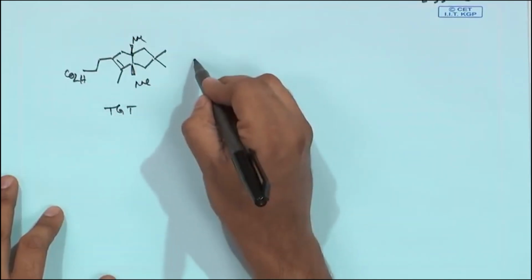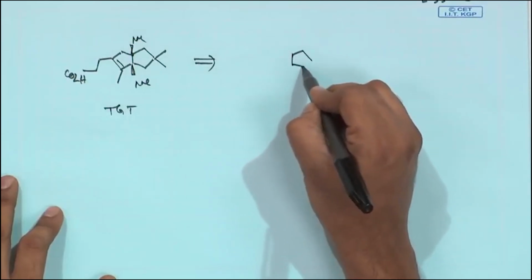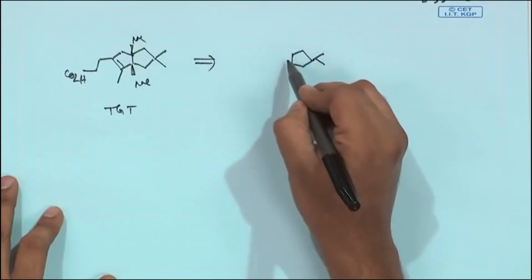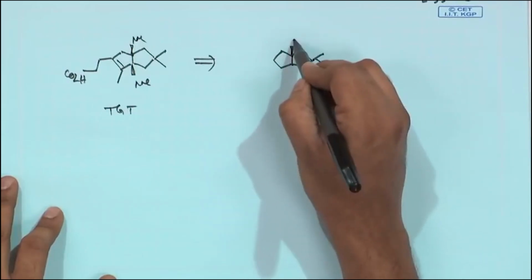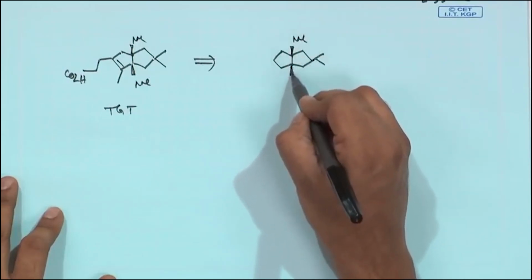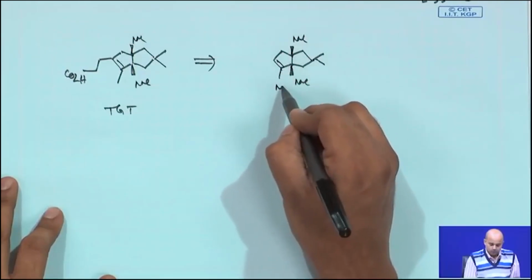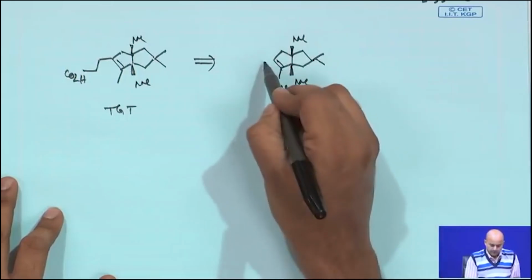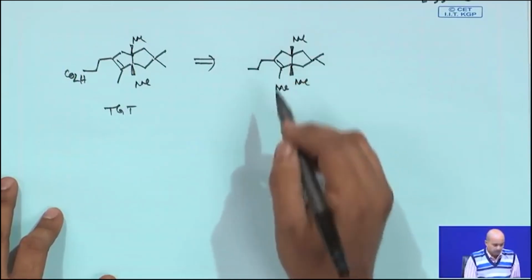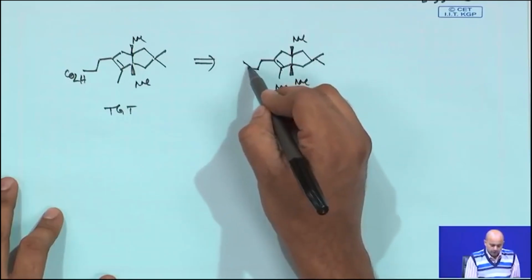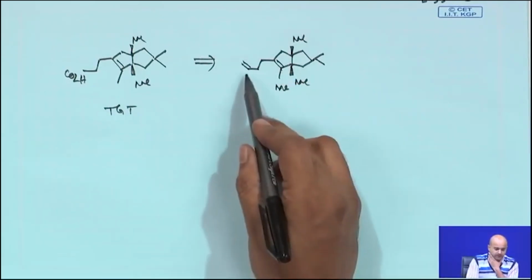The starting material I will be giving to you to have a more direct approach. Actually, the starting material was always given to you, so you can directly think, and it will be a more direct approach. If the starting material was not given to you, n number of pathways are possible, and then you have to analyze all the pathways, and that often takes longer time. So, for people like you who are beginners in this field, I will always try to provide the starting material. The starting material which is given to you is basically kind of a